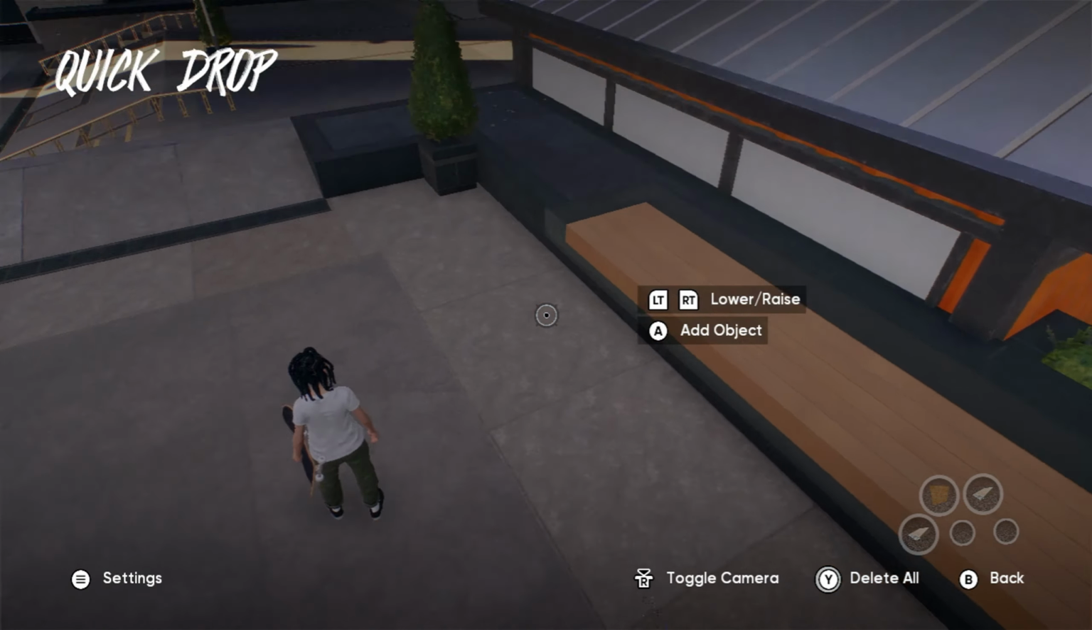First things first, you'll need to click on the Add Object button in the game menu. This option is your gateway to all the customization features Skate 4 has to offer. Once you've done that, navigate to the object options and select a rail of your choice. The game offers various rail styles, each providing different grinding experiences, so take your time to find one that suits